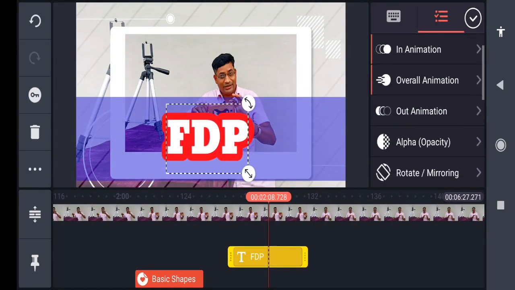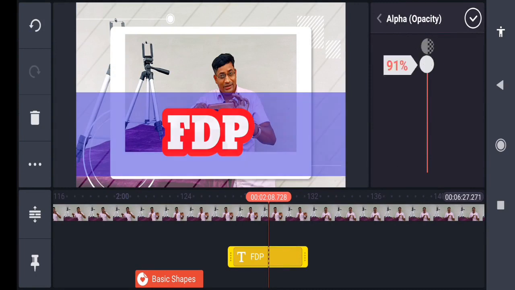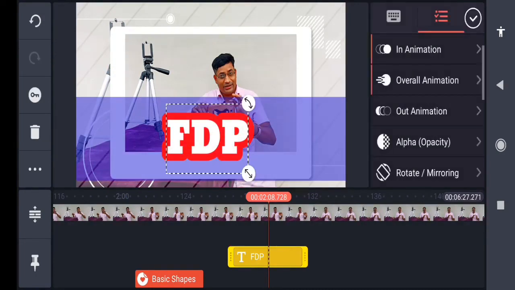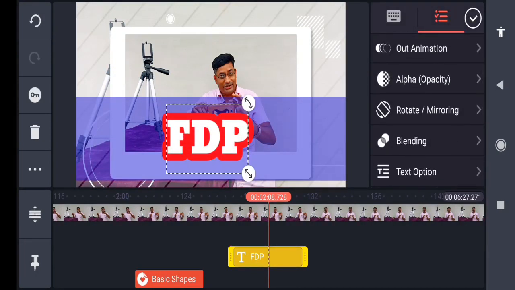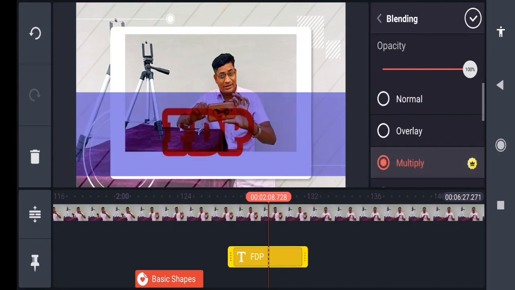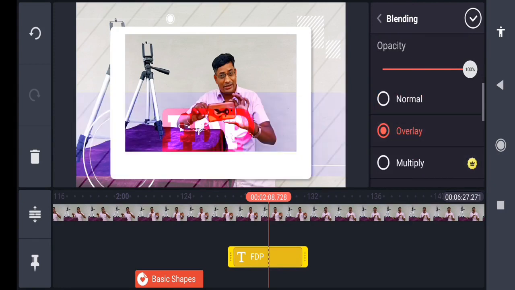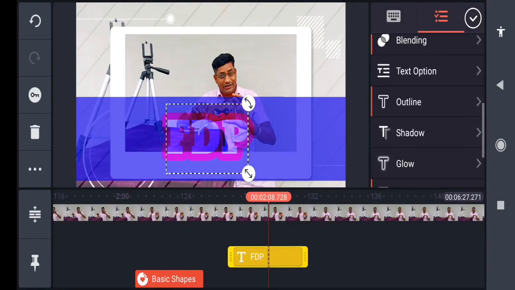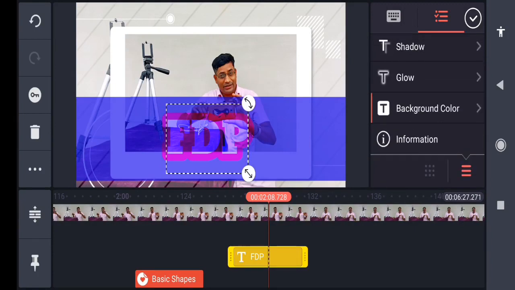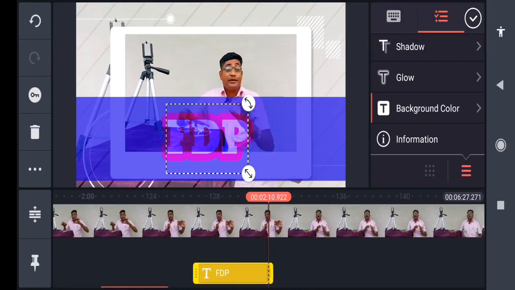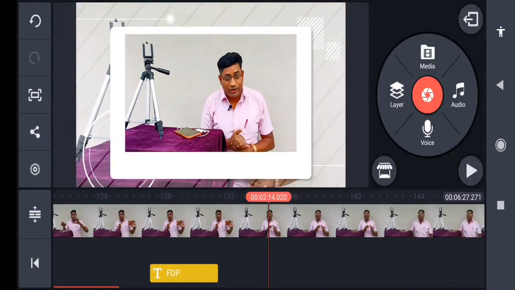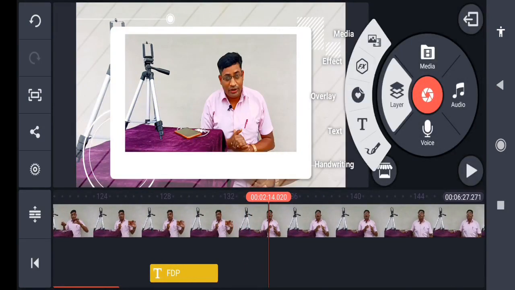Out animation is there. Alpha capacity means the transparency. Rotate, mirroring, blending, we can blend with the photo, multiply it, overlay it. A number of effects are there for the text option, friends. Background color is there. So that is all about the text. So we will insert the next layer.